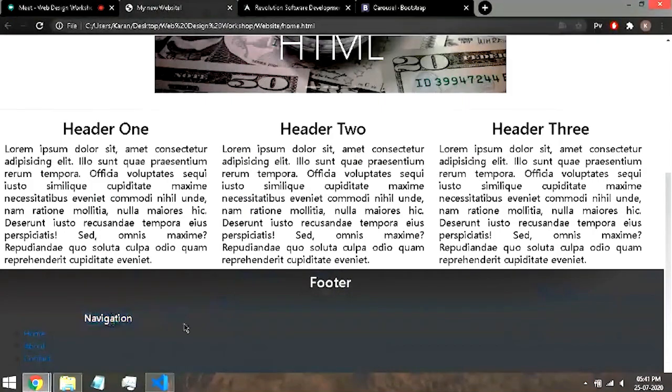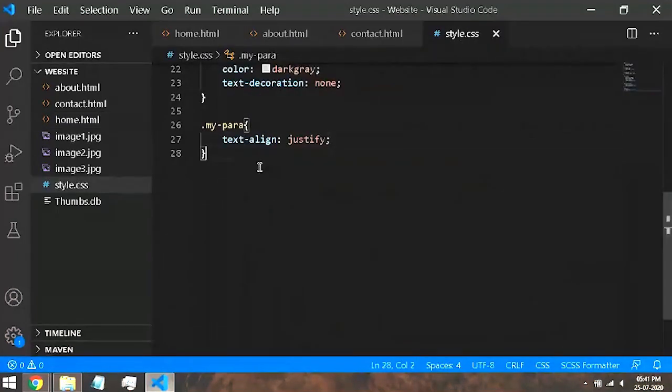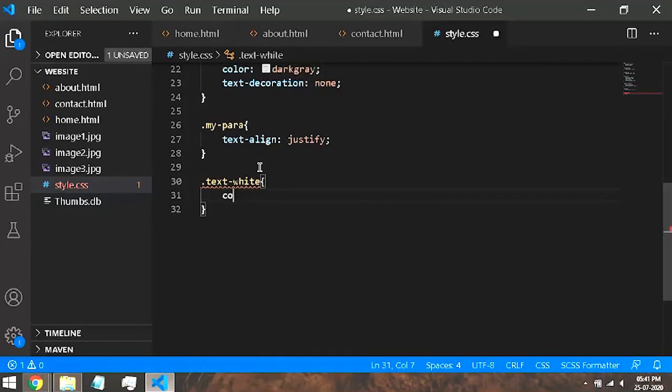See, navigation was added. Now I think you must be getting the hang of what Bootstrap actually is. It is basically just adding classes to your elements. Everything has been coded by Bootstrap. Like text white, what are they actually doing? They say dot text white, because we included that only, and in this they have color of white.